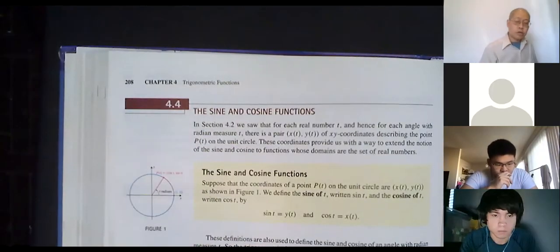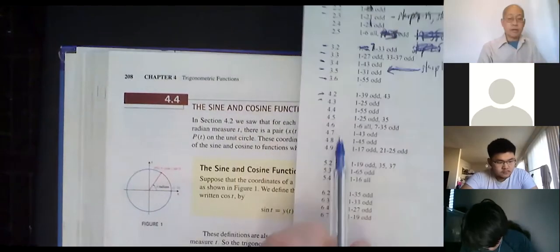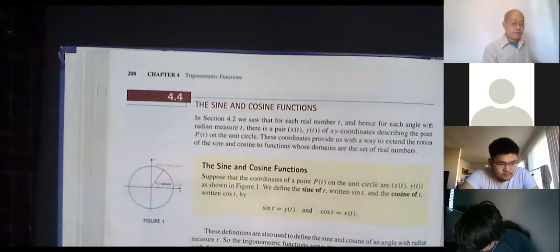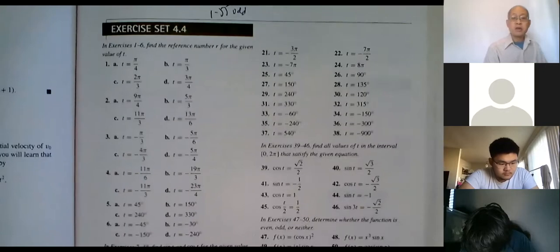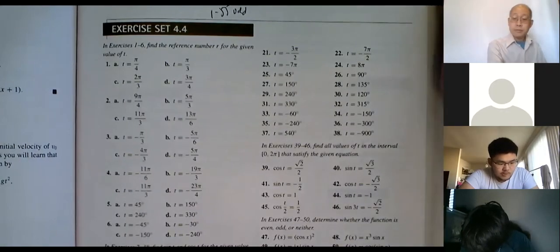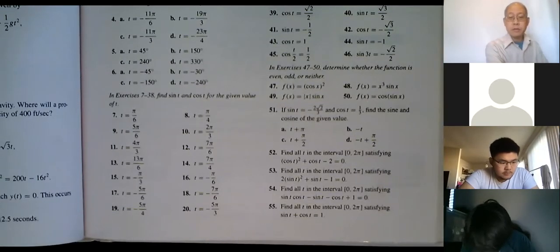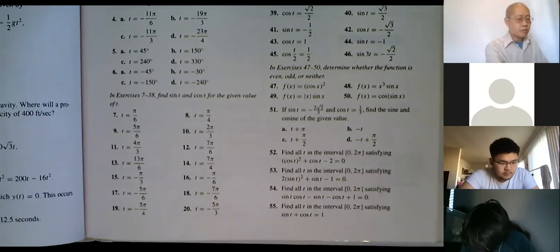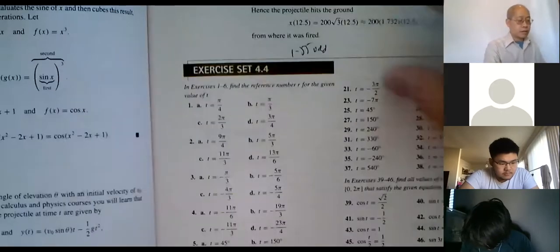Once again, let me show you the homework problems for the benefit of those of you that don't have the book and aren't getting it. So 4.4, 1 to 55. Let me go to the homework section. Page 219. Here's a bunch of problems, up to about 47, and then the bottom. I think that's it. We had to go to 55, right? And there's 55, you see it. So that's all the page you need.